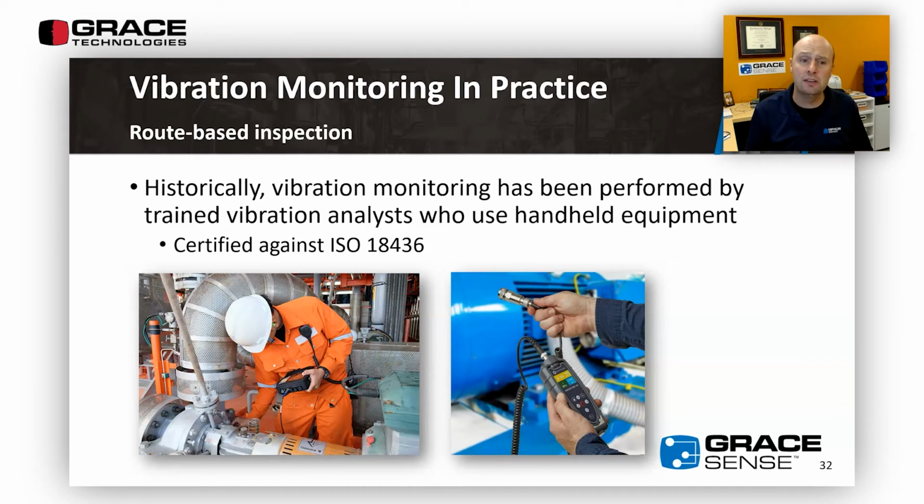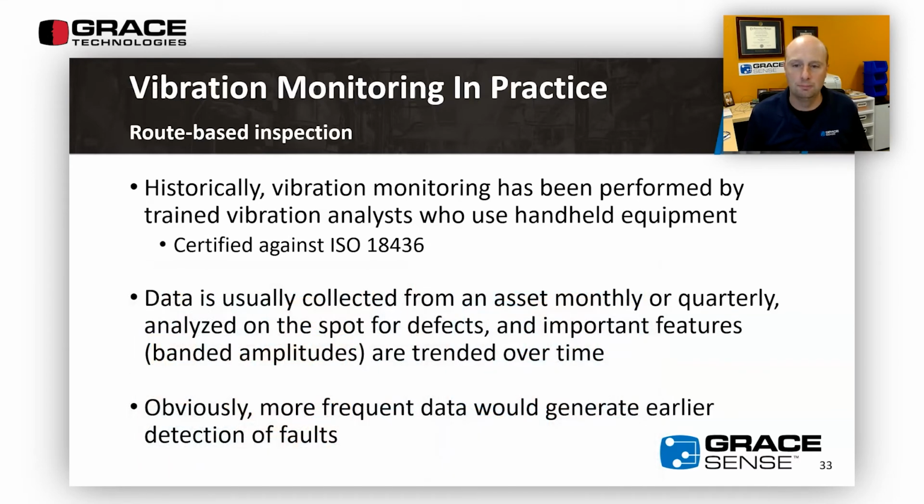You can use that trend to assess whether or not maintenance activities are needed and then dig in on what exactly that maintenance activity should be. That data, in this case, is analyzed on the spot. It's looked at for important features, usually coming out of that banded amplitude, and then it's trended over time. So what I want you to take home from this is that if we could do this every hour instead of monthly or quarterly,